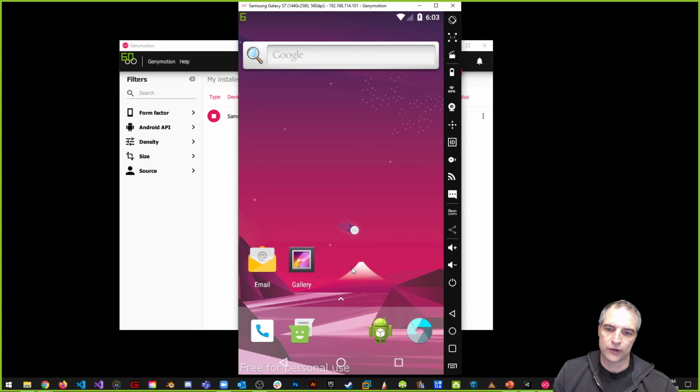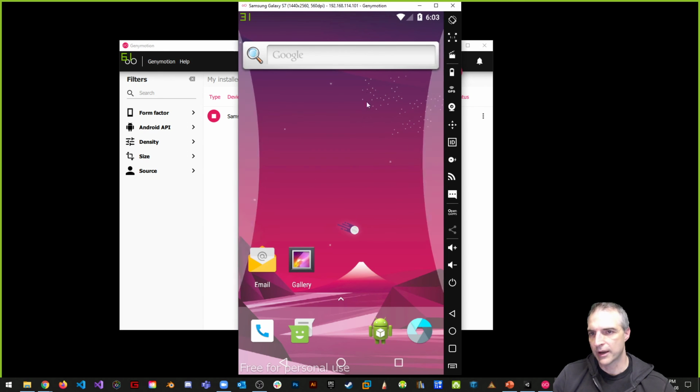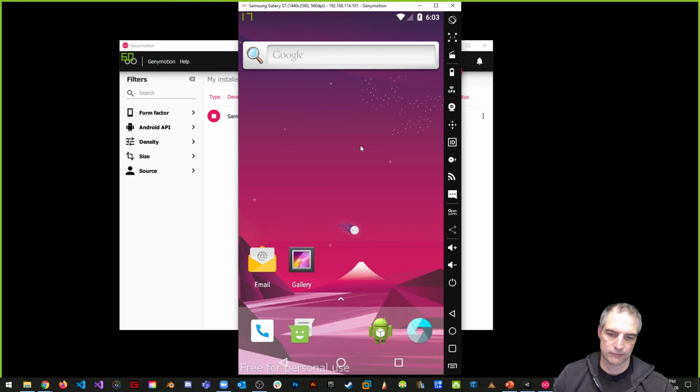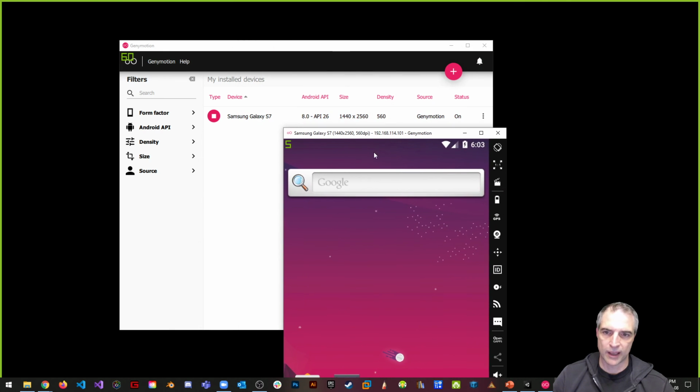So this is like an Android device. You can swipe up, you can treat it like an Android device, you can swipe to the left and right, you can swipe down, you can do anything that you normally would do on an Android device to a degree, okay? Equivalent to the Samsung Galaxy S7, okay? So now that I have this running, notice it's running at